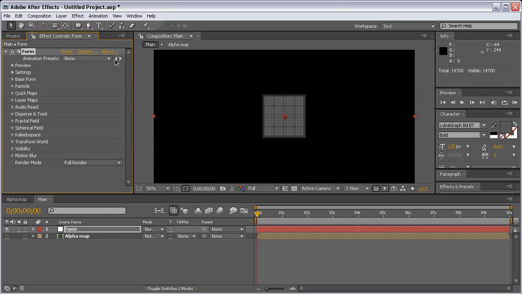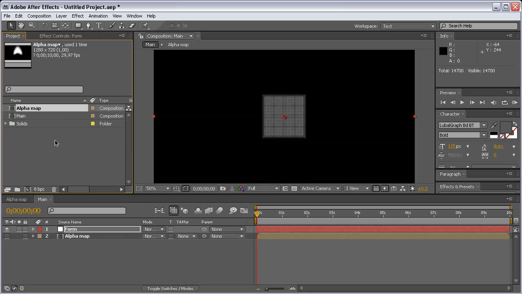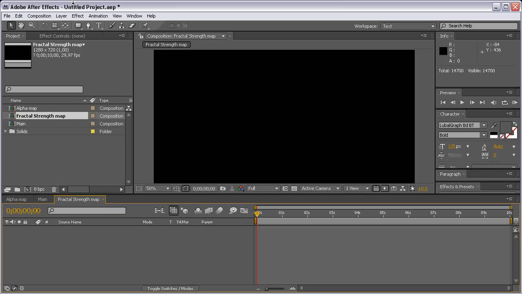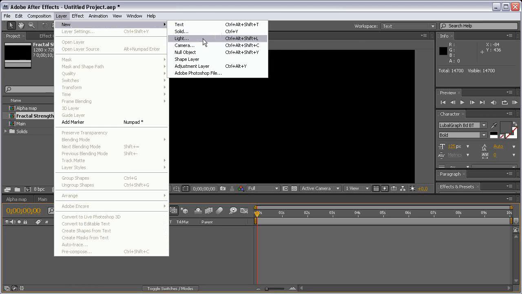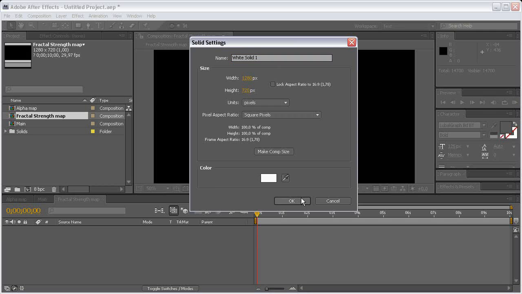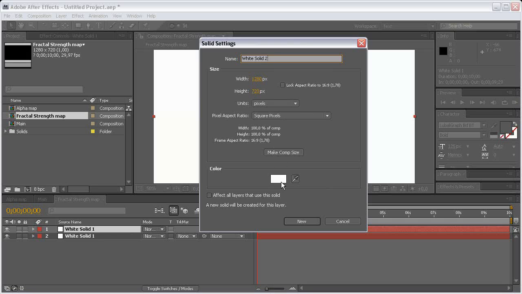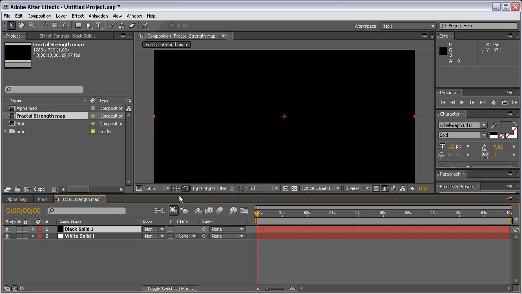And now let's create our fractal strength composition. So let's create a new comp and call it fractal strength map and hit OK. Let's create another solid, white, and the name doesn't matter. Now let's duplicate this layer, come to the solid settings and change its color to black, hit OK, and now